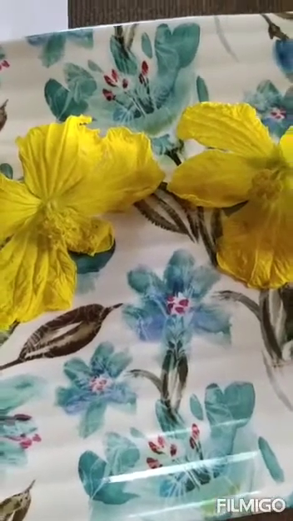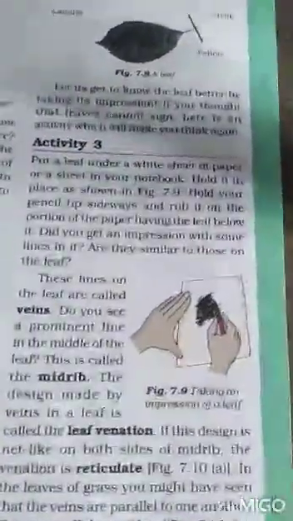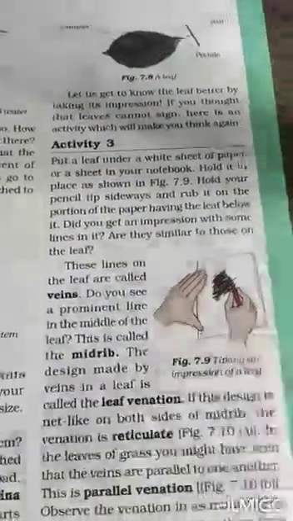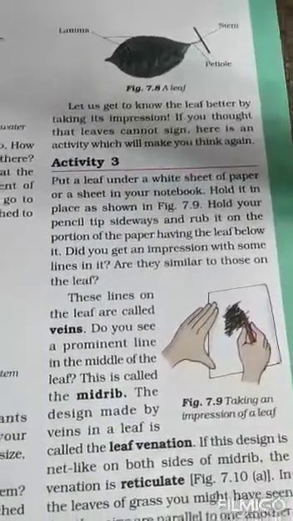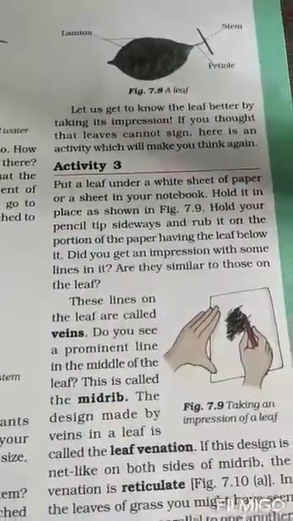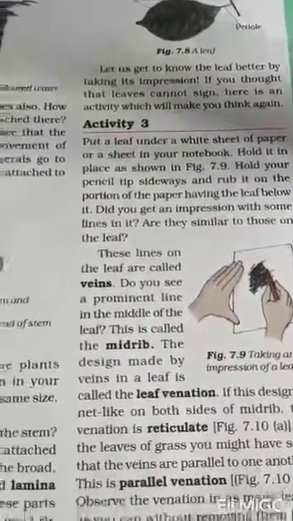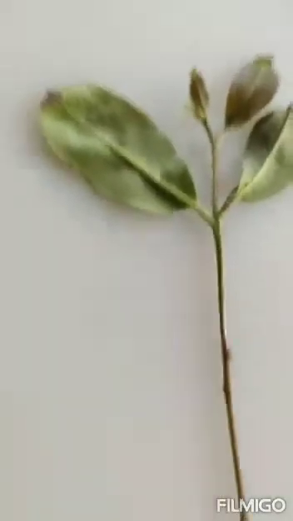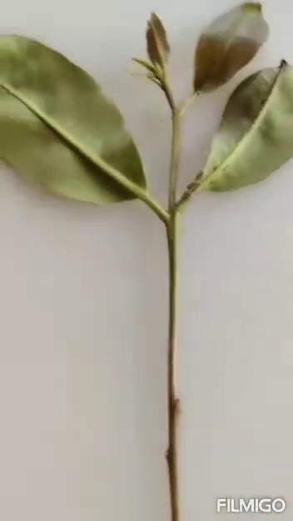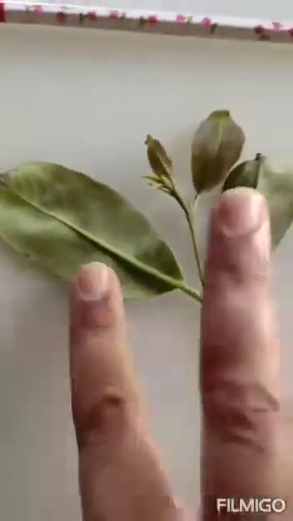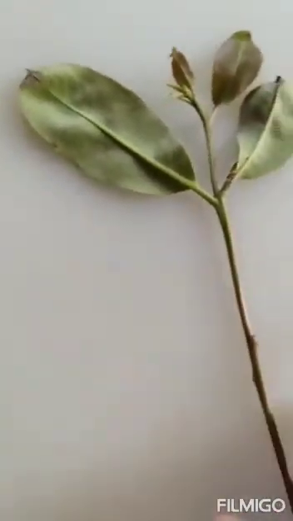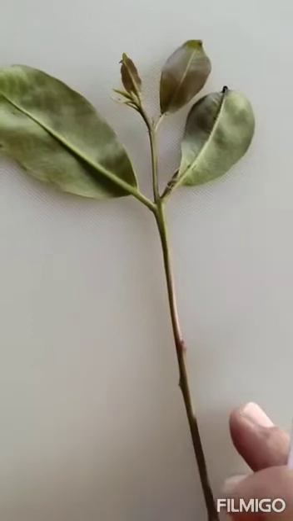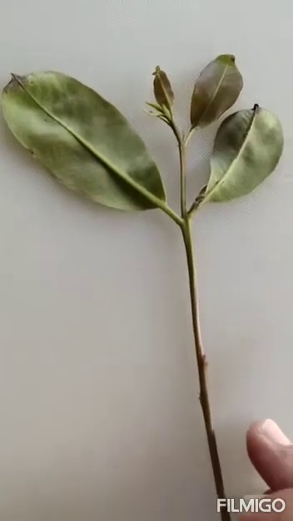So, dear children, today we are going to start the remaining part of your chapter 7, Getting to Know About Plants. In this part, I am going to explain the different parts of a leaf. Leaf, as you all know, is a very important part of a plant. See, for you I have collected a leaf. In fact, a few leaves are there, right? Let me tell you the various parts that you should know at least at this stage about a leaf.